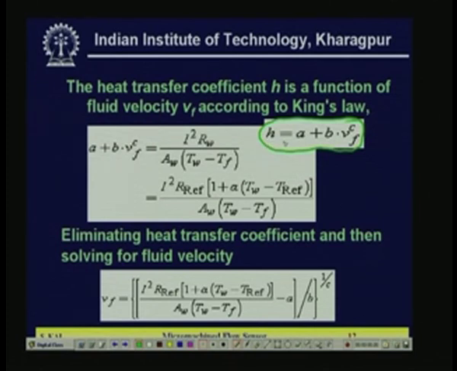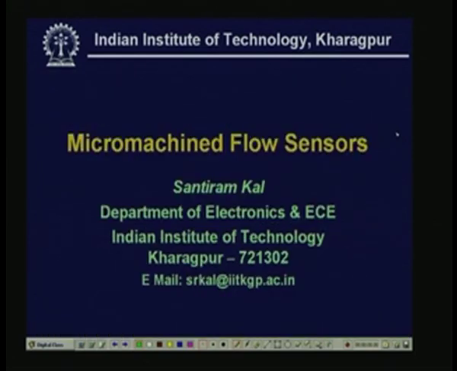Now, H is equal to A plus B Vf to the power C, that will be equal to, in the earlier equation if you see,